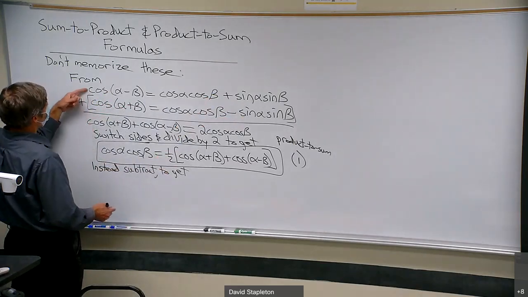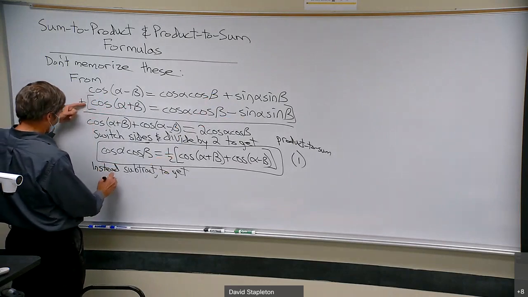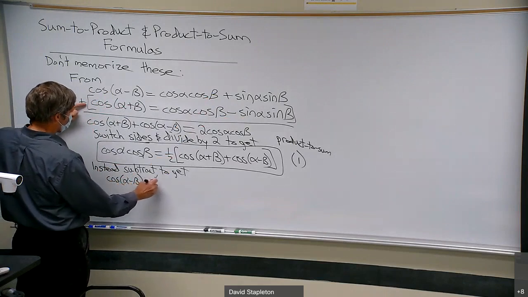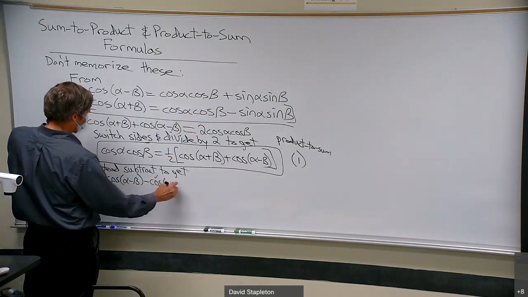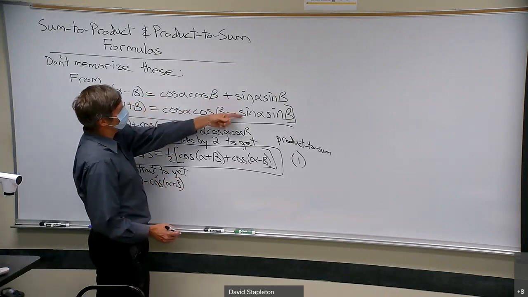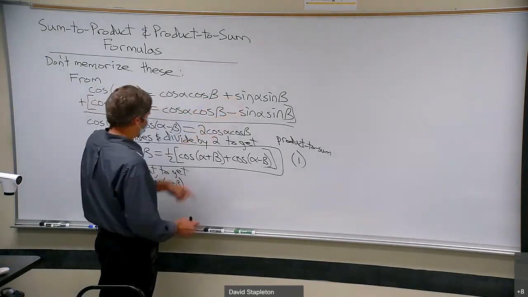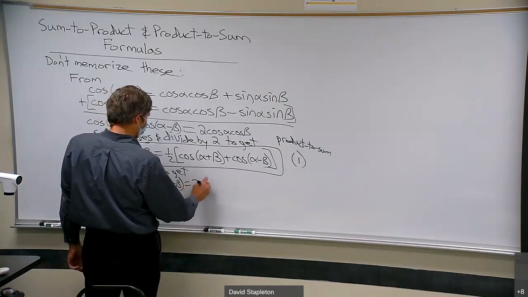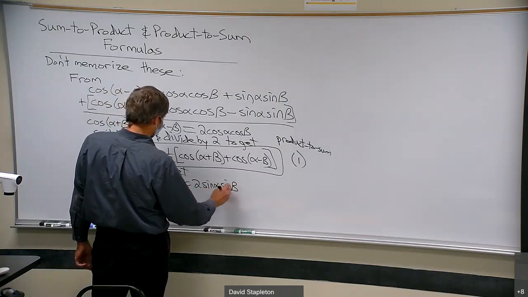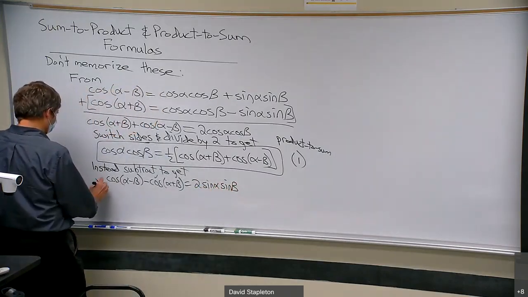Suppose I subtract these. Now I've got this one minus this one. Cosine alpha minus beta, subtract cosine alpha plus beta. Now the cosines cancel and you get 2 of these. This one, minus a minus is plus, twice sine alpha sine beta. And now you can see where I'm going with this. If I just divide this by 2 and switch sides,